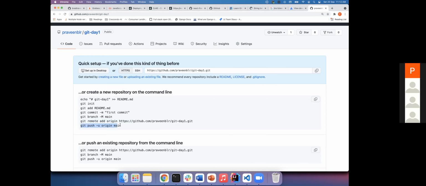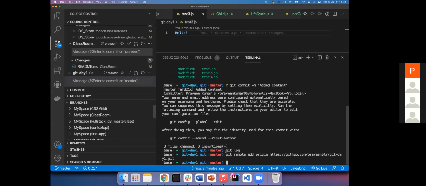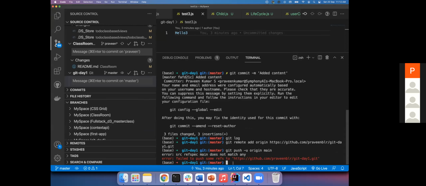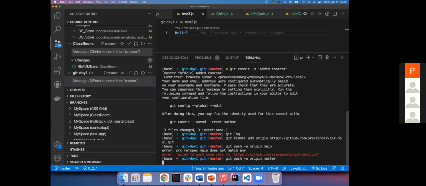And you can say git push hyphen u and so on. Just copy and paste, and the second two commands also. Before that, you create a branch, right? Git branch main.